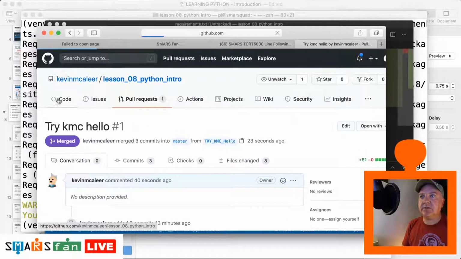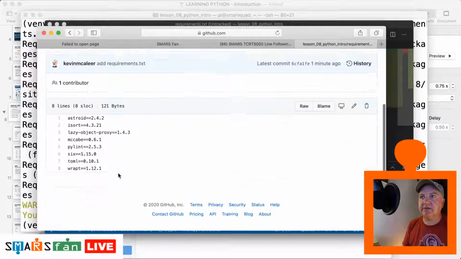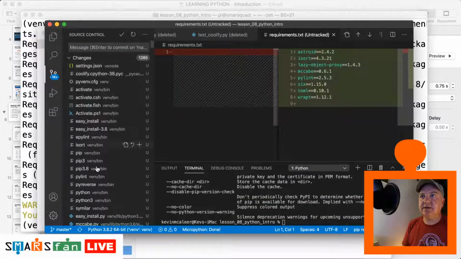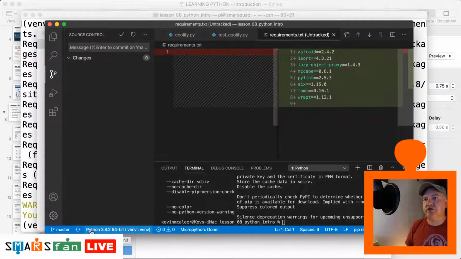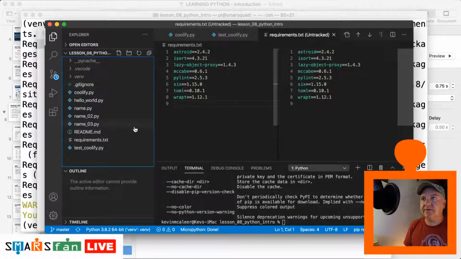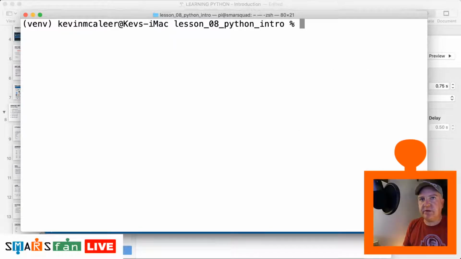So if we go back to our master branch now, you can see we've got all the programs in, we've got our requirements.txt, which is just that list of dependencies that we needed. And now if we just do a synchronize, you can see it's going to pull down 4 changes there. And that's how quick it is to do it. And we've now got that branch that we worked on, that we tried stuff out, now merged back into the master branch. So now what I'm going to do, I'm going to connect to the Raspberry Pi,